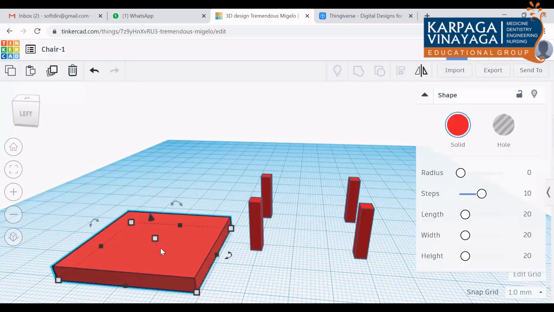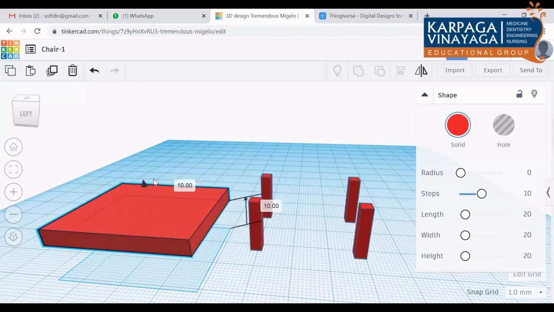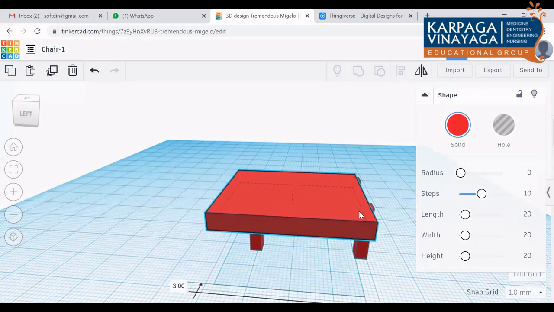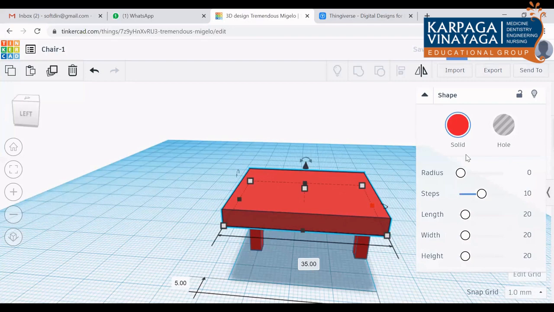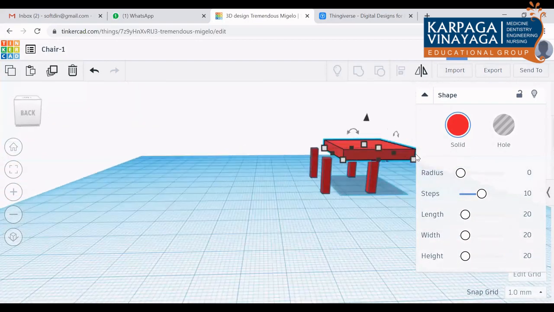For that, listen carefully, here one black color triangle is there, no? Just click that, then you drag that with your mouse upwards. So it will move upwards. Just click that black color icon and then you move that. You can see how much height it comes, 15. What is the length of this leg? It is 15. So once it is done, you just move this, click your mouse, and place it over the legs. And see whether it has been properly seated over the leg. So it is not there, so you just move this.